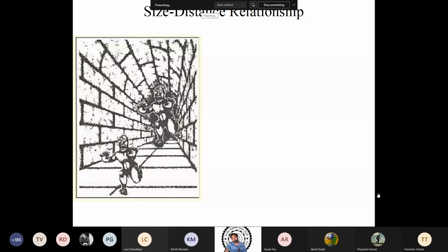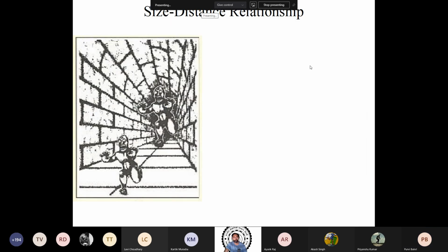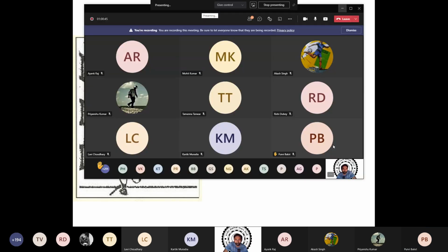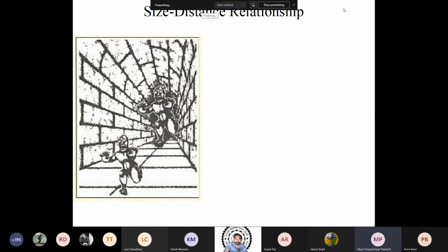Sir, a bigger man chasing a smaller. A bigger man chasing a smaller man, or a bigger monster chasing a smaller monster. Everybody sees the same thing. Anybody see something different, or anything additional to that? Sir, they are running. Sir, it seems that the bigger monster also is scared of and running away from someone behind it. Okay. They both are running from something that is behind both of them.